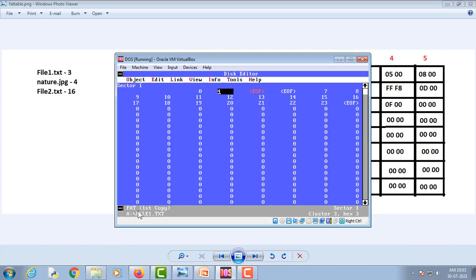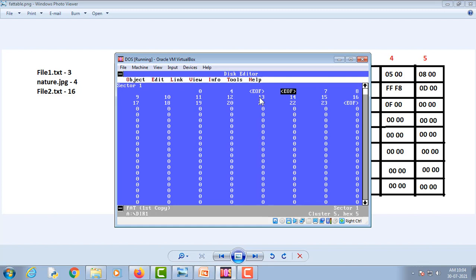As you can see here, right now we are at file1.txt, and it is at cluster number 3. Now cluster number 3 is pointing towards cluster number 4. If we go to cluster number 4, EOF is written here, which means end of file. It means file1.txt has started from cluster number 3 and is ending on cluster number 4.